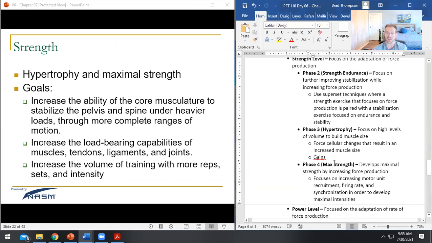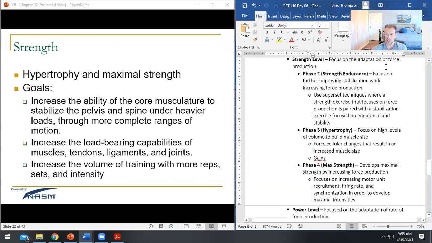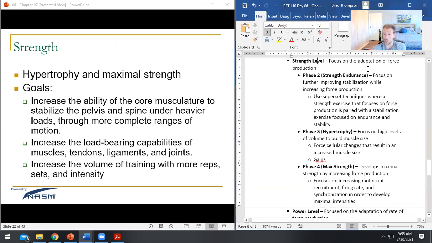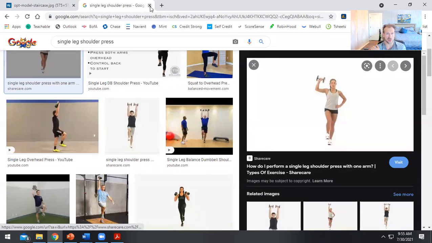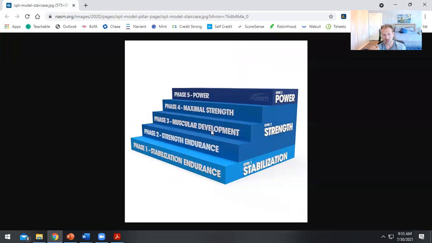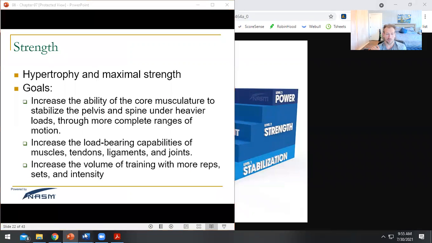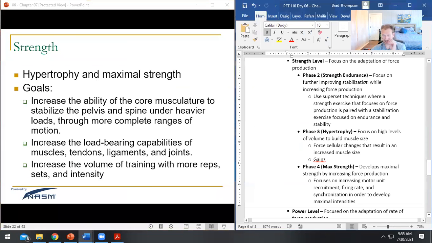Strength goals, the strength level, our primary adaptation, our primary focus is force production. If we look at all three of the strength level phases, right? Endurance, hypertrophy, and max strength, all of this is still about increased force production. This is increased, high duration force production. This is force production that results in big muscles. And this is just literally raw force production. So within the strength level, the focus is on